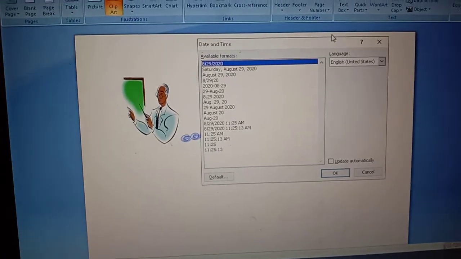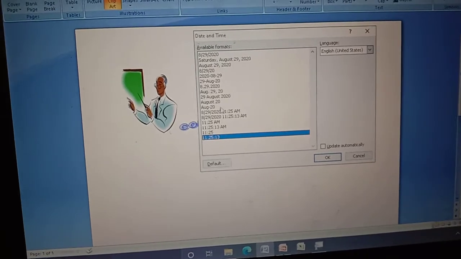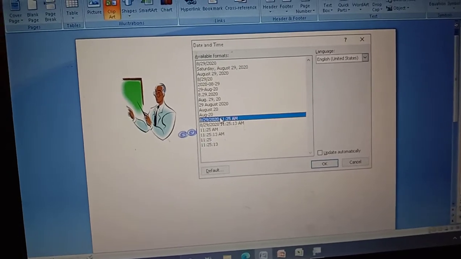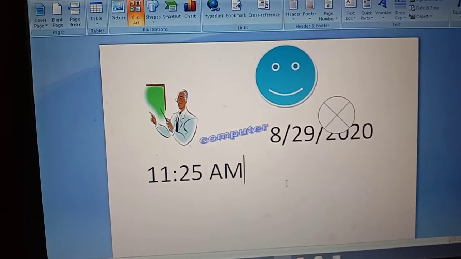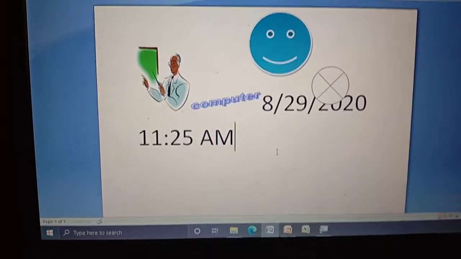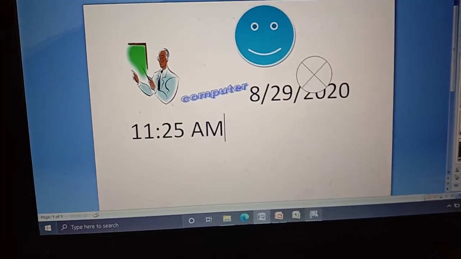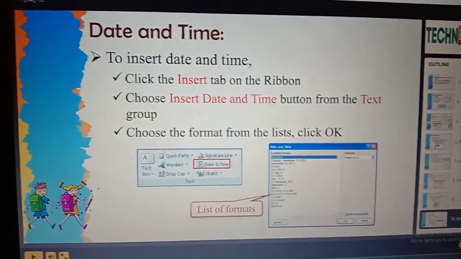Yes or no? So based upon your interest, you can select any one, time as well as the date. You just click OK. Here the time as well as the date is applied. So these are the steps to apply the date and time in our Microsoft Word.